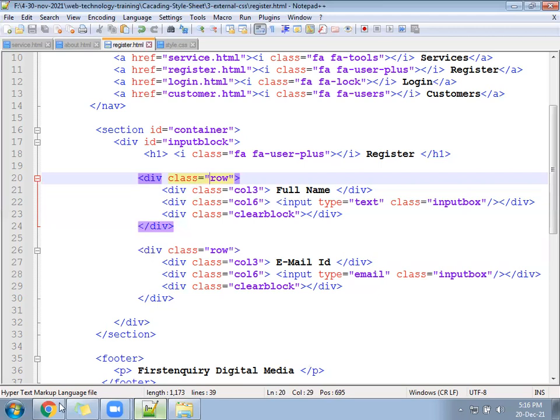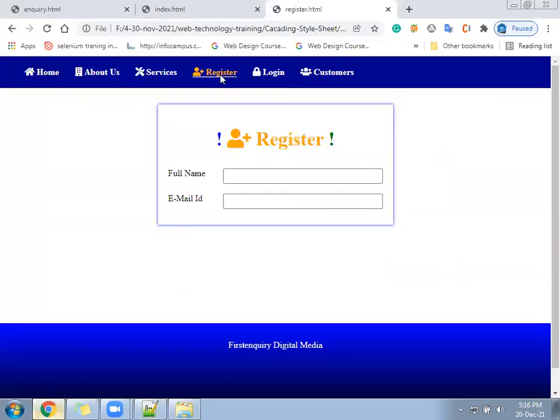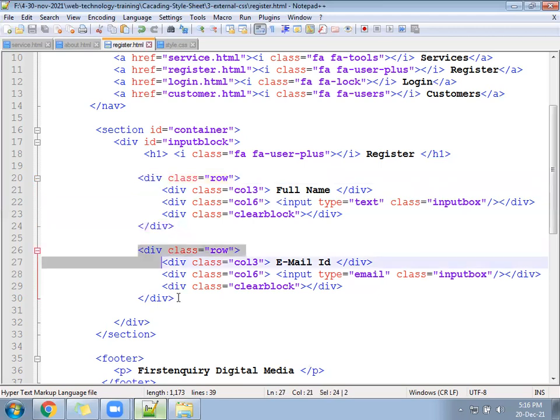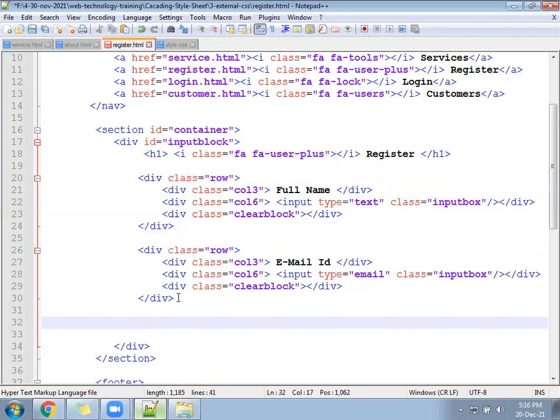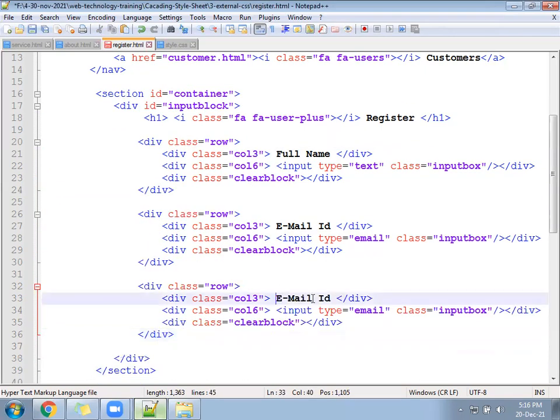Full name, email ID. Next, after that, we can go here and add one more password field.